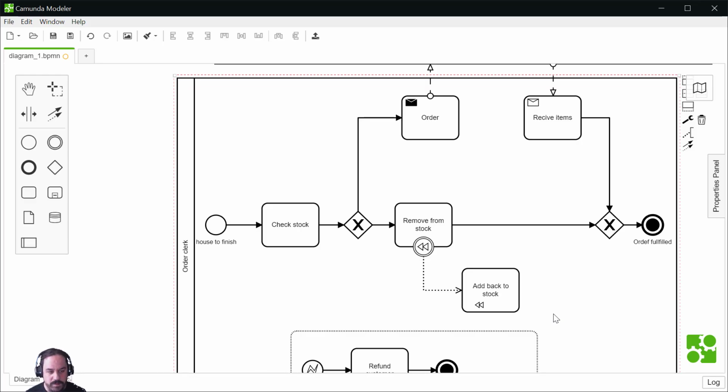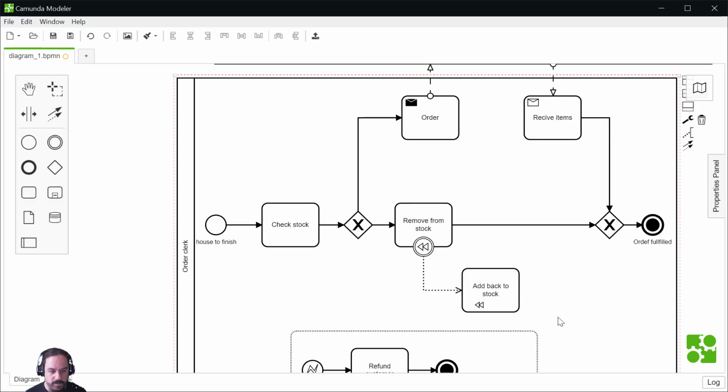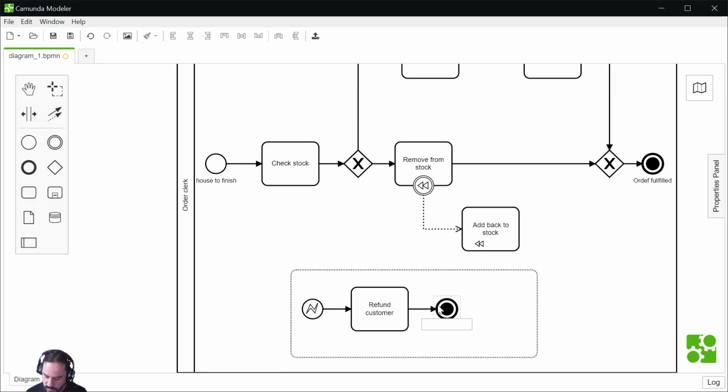So now there are two things that are managed, and so that's a way to do it. And this is an anonymous error, so I will catch every error. I don't know what it could be, but any error will trigger a customer refund. And of course, the order would not be fulfilled because we'll end with an error.